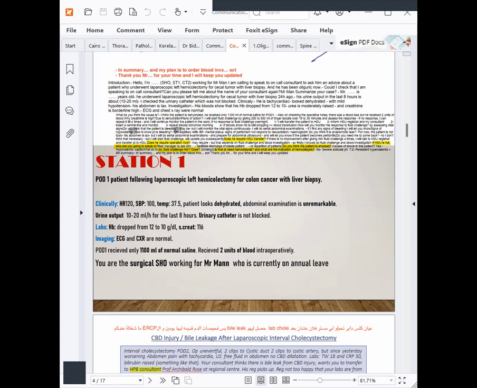Okay. So tell me what to do. What fluid challenge will you do for him? The dose? 30 ml per kg. Okay. Of what? Normal saline. Okay. For how long? 15